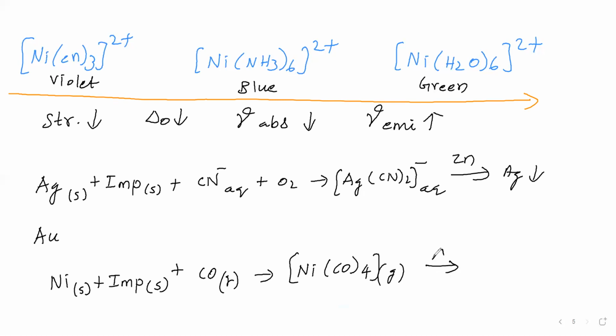Impurities are removed, then it is heated further, and it decomposes to give nickel and carbon monoxide. Okay, we got the pure form of nickel now. So impure nickel we converted into pure nickel by using the technique of complex compound formation. Then, where else are complexes found? In the sense, chlorophyll we will take.